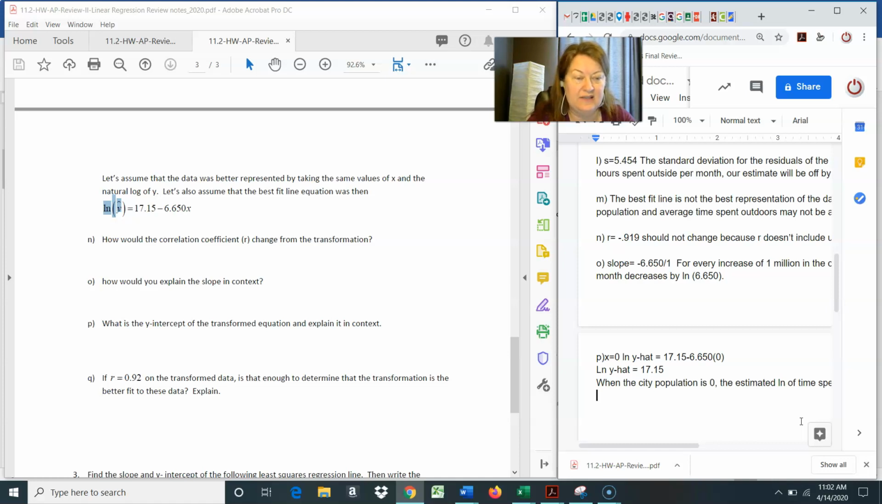Well, I'd bring an e into those sides. So I'd be saying e raised to the ln of y hat equals e raised to 17.15. And the e and the ln on this side would cancel out, and I just get y hat equals. And on the other side, I would grab my calculator and do e, which is above ln, to the 17.15 power, and it would end up being, get this,